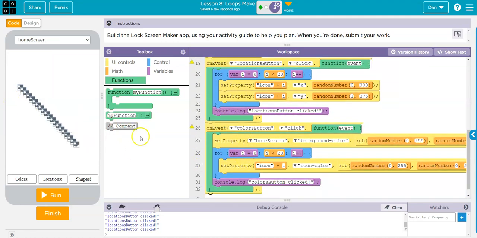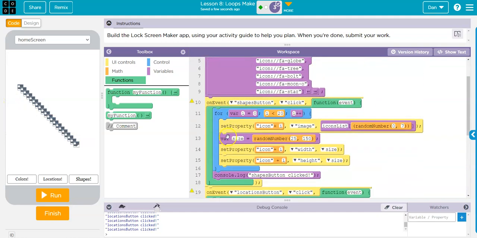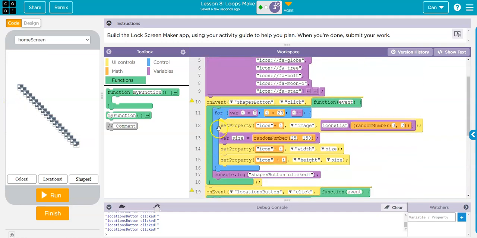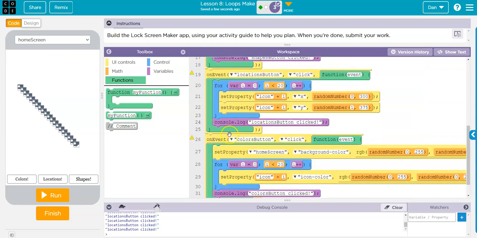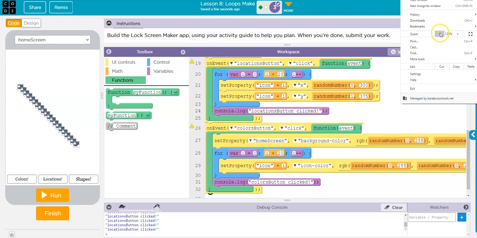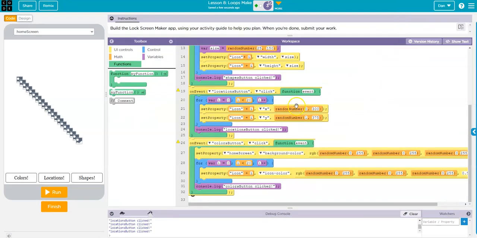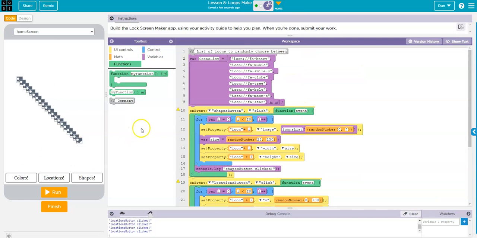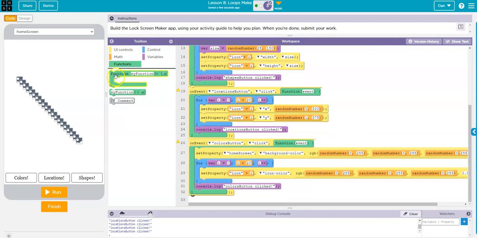But right now, in order to do that, what I would have to do is copy and paste all this code to the beginning, all this code to the beginning, and all that code to the beginning for each of the buttons. And then I'd have the code in two places, and that just seems kind of redundant. So what I'm going to do instead is use the power of functions. And I'm going to write some functions. So I'm going to write a function that does the shape,